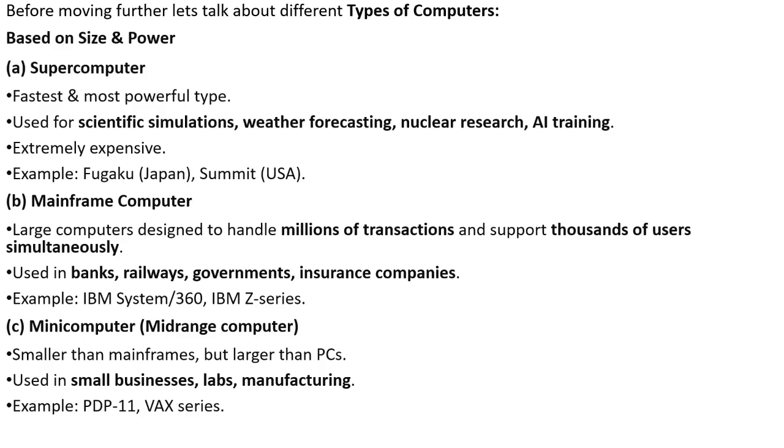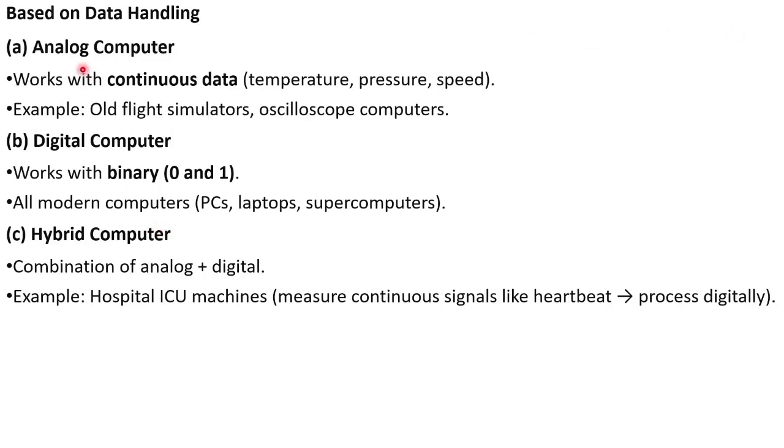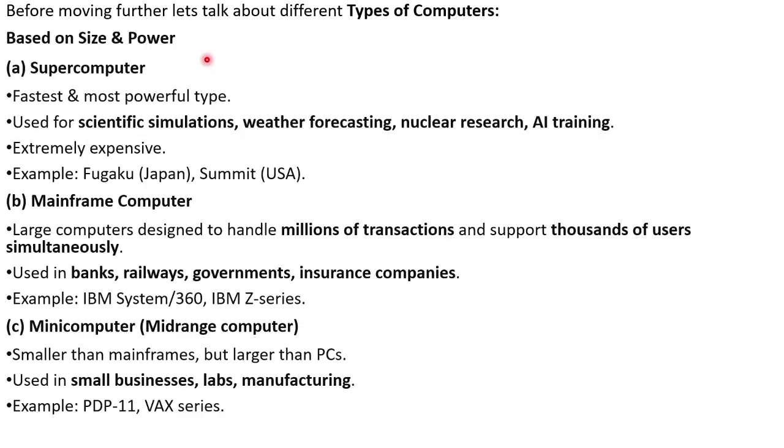Today we are going to cover the topic types of computer. Basically, we categorize types of computer into three parts: based on size and power, based on purpose, and based on data handling. In the category based on size and power, we have types of computer like supercomputer, which is very fast and